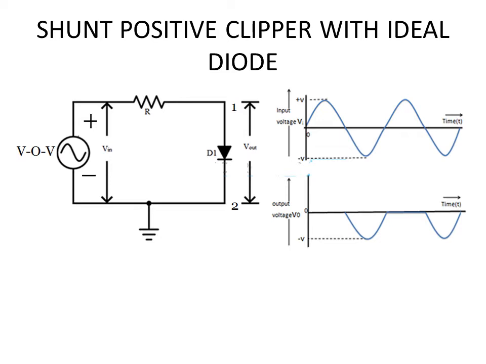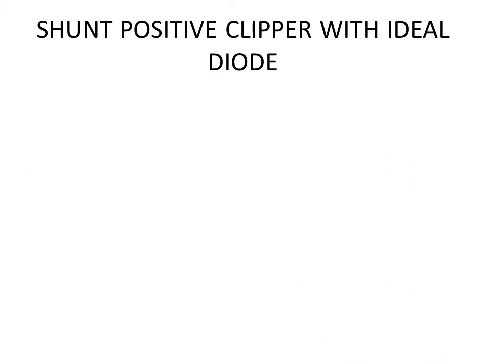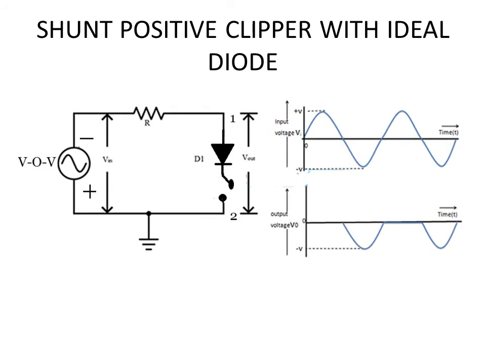So that is what is happening during the positive cycle, whereas during the negative cycle the polarity will be reversed. Top of the source will become negative. So that obviously means your diode will be reverse biased. When the diode is reverse biased, it is acting like an open switch. It cannot conduct current. So whatever be the input voltage, it will be just stuck in between the two leads of the diode.